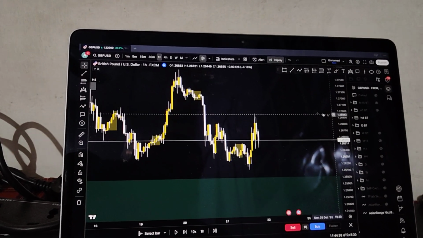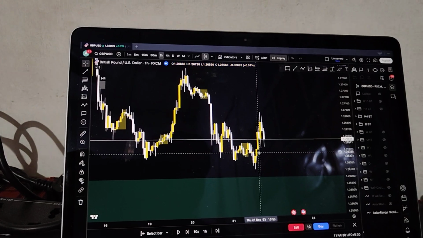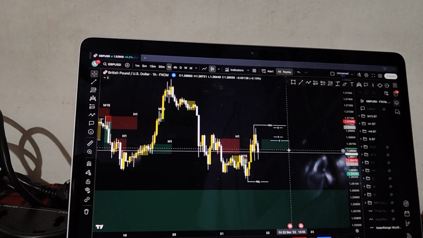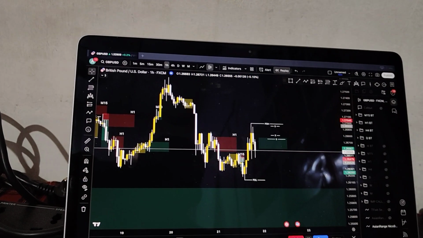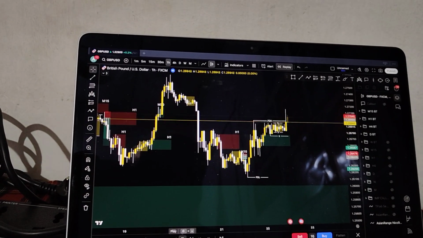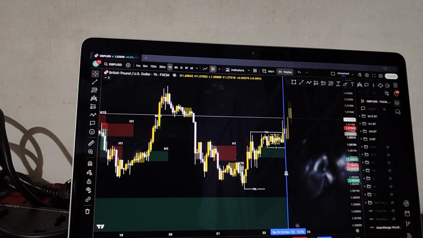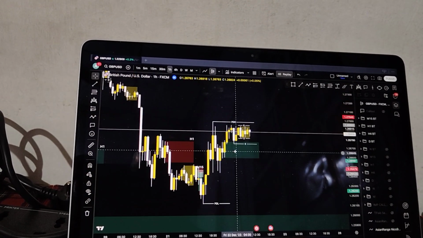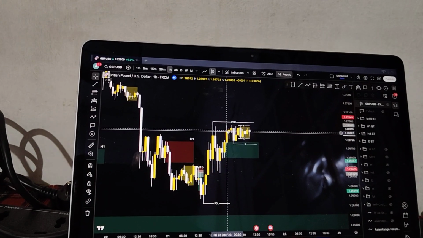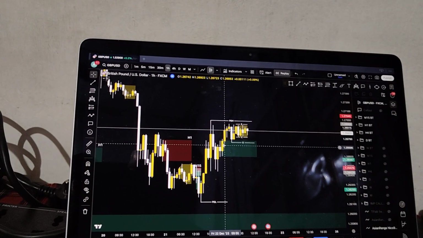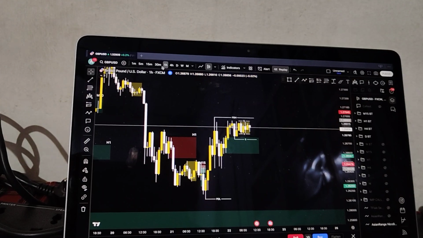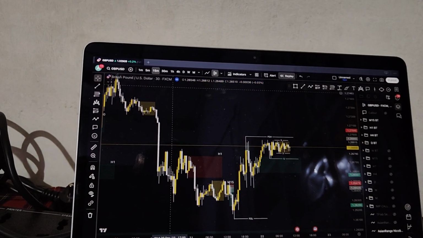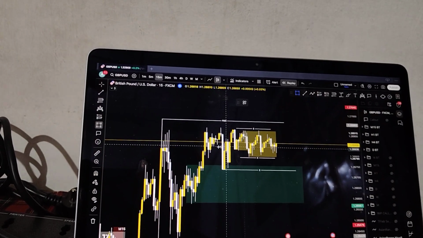But yeah, on the hourly, the market structure shifted here. This was the demand. I can clearly spot the demand right here. So okay, let's wait for Friday to close. Friday's Asian range closed something like this, and the closest demand that I could see was this one. This was not a strong demand because this didn't cause any market structure shift. There was no fair value gap, and also the bias was not clear, so it was a very low probability zone to trade from. And also it was a Friday, and look at the market structure, bro.